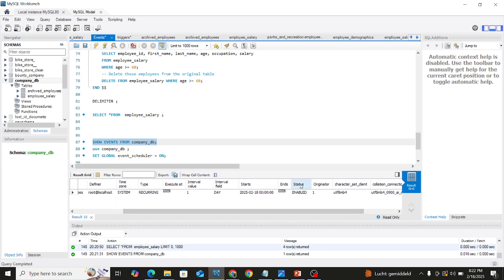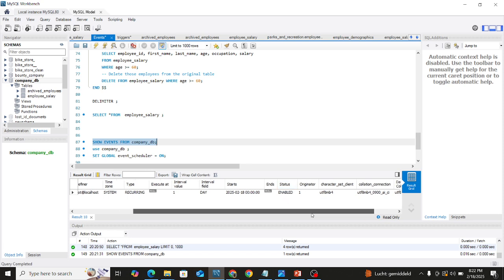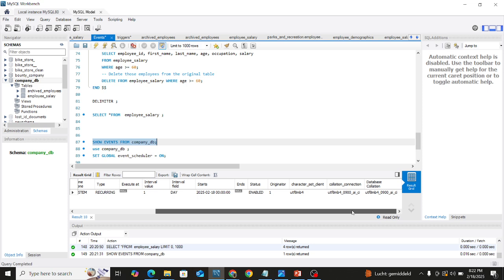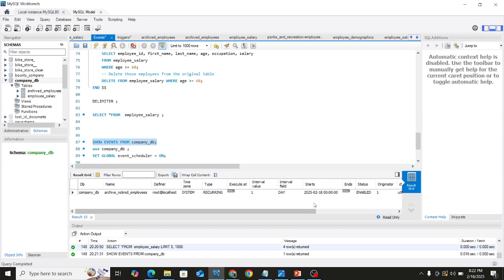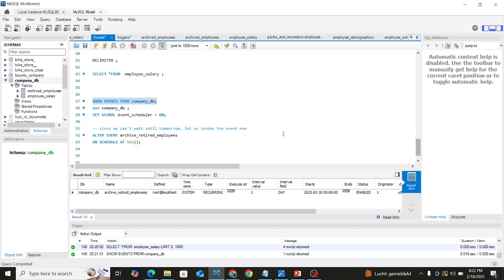And we can see the status of our event, that is, it is enabled. And there is other information such as the originator, character set, client, validation, database. There is so much information on that, but this will execute at this time. And now, because we cannot stay here up to midnight so that we can see it execute,